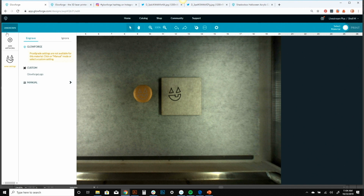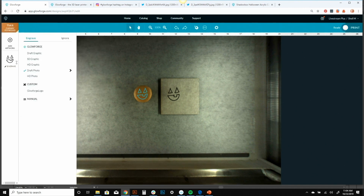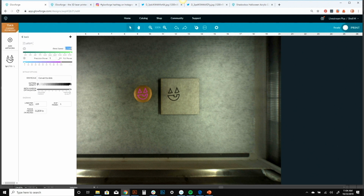Oh yeah, absolutely. Now, if you use the proofgrade material that we sell, the settings happen automatically. But in this case, Shell's actually played around with the macarons, which we don't sell, to go find the perfect settings and has saved them, or not saved them. Okay. So she's going to set the manual, and you can see, you can type in a speed, oh my gosh, beta speed. We're going to talk about that in a second